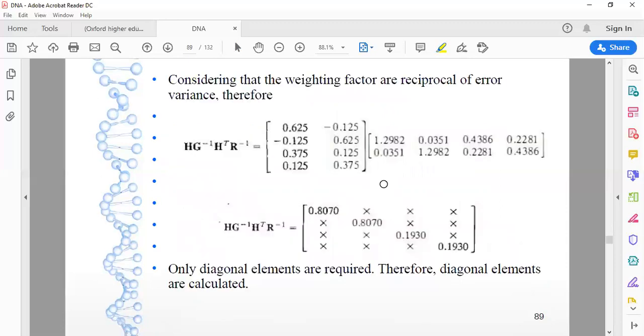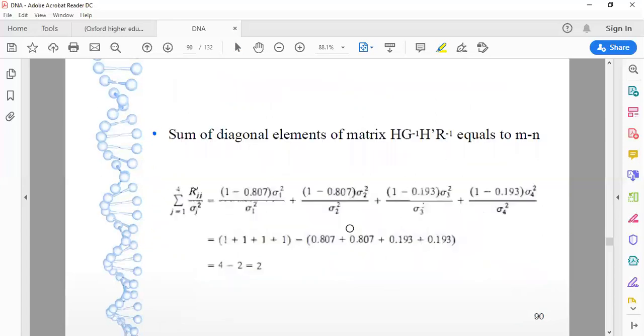So now let us start our calculation. Over here the formation of the H matrix we have already done in the previously discussed numericals. H transpose is nothing but the transpose of this matrix. After that we can easily derive the value of R inverse. Only diagonal elements are required, so only they are considered and calculated. The rest of the components are ignored. Now the sum of those elements, we have discussed, is equal to K. So R dash divided by standard deviation square, and the addition of all of this, is nothing but the degree of freedom. Hence we will come to know over here that the degree of freedom is equal to 2.